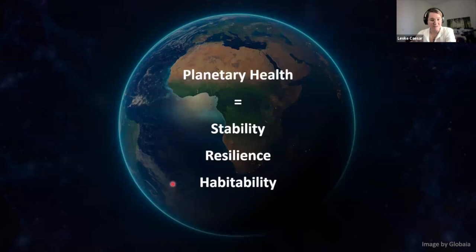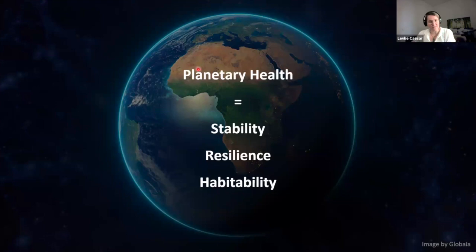So let's start with the definition of planetary health, at least how we see it scientifically or define it scientifically. It's important to note that the current stable, or at least relatively stable when compared to the Earth history, state of our planet is not guaranteed. We are living in a time where the overall living conditions on Earth are quite reliable, meaning that internal processes can mainly mitigate external pressures, and most of the planet remains in a habitable state supporting life. And this is what we refer to as a healthy planet.